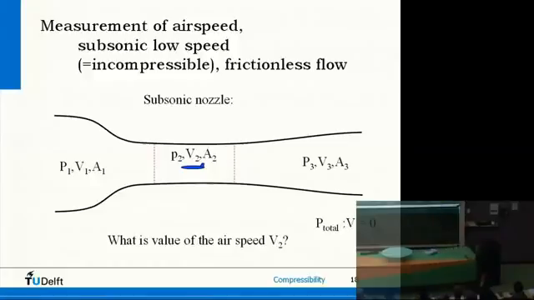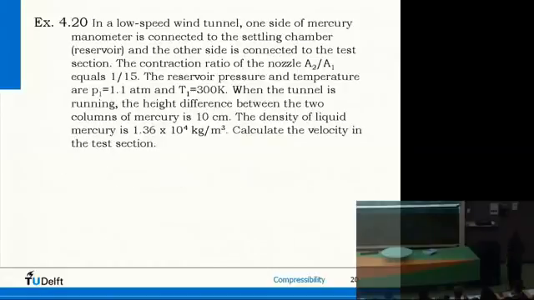Suppose again a wind tunnel, but now a subsonic nozzle. So we have a converging, diverging nozzle again, a test section here, certain conditions upstream, certain conditions downstream, and certain total conditions in the reservoir way up here. What is then the value of this airspeed here in the wind tunnel section? So I have an example with that,